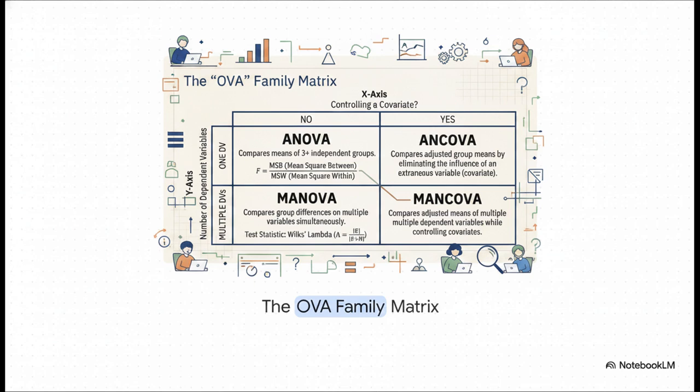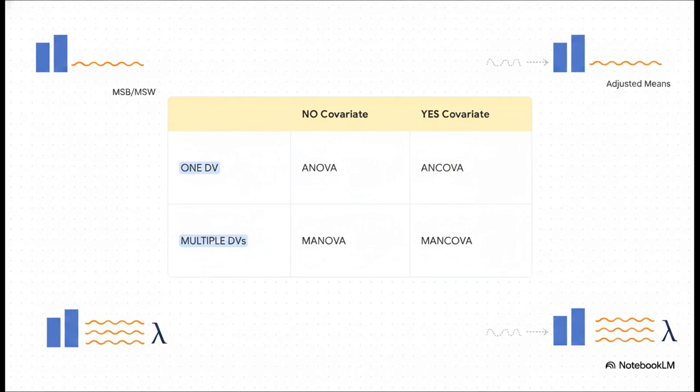And on the y-axis, we measure the number of dependent variables. It's pretty cool how these 2 dimensions entirely dictate your specific test. Got 1 dependent variable and no covariate? That's ANOVA, which compares the means of 3 or more independent groups using the mean square between over the mean